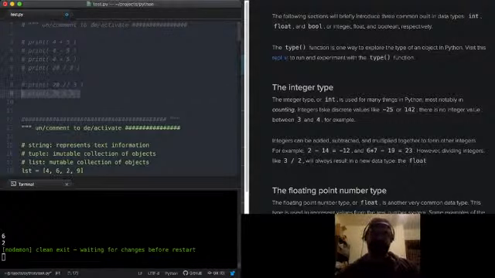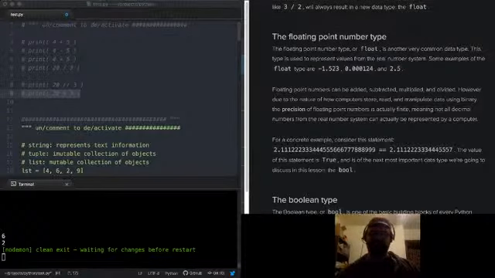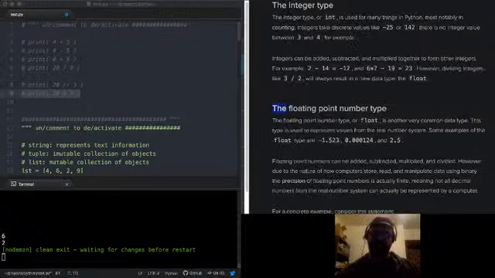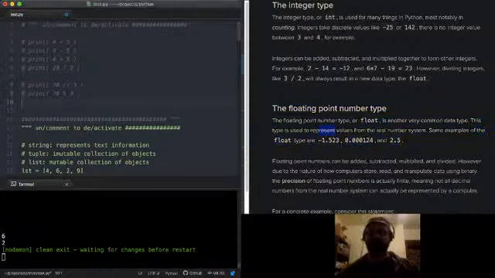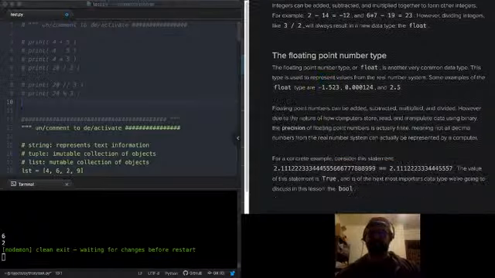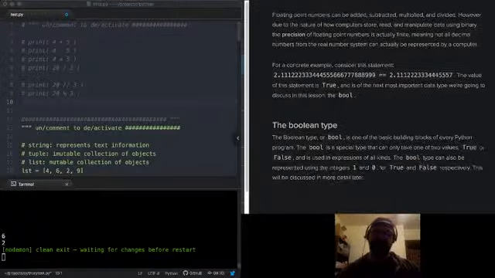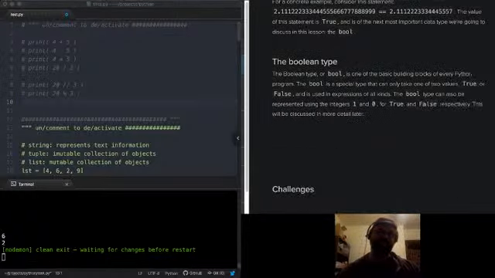It's useful. Okay. So we talked about integers. We just sort of touched on floating point numbers. More commonly, they're called decimal numbers. In programming languages, we call them floating point numbers. The Boolean type. Let's talk about the Boolean type.